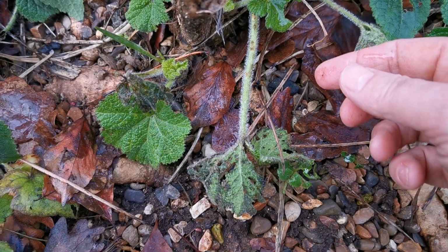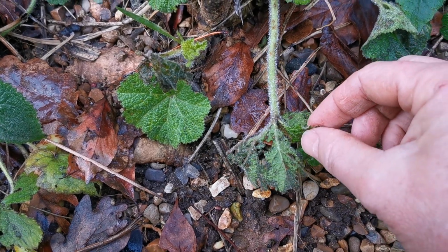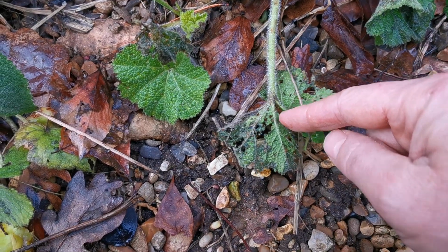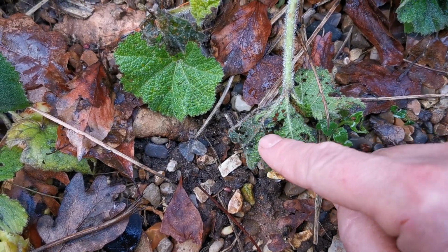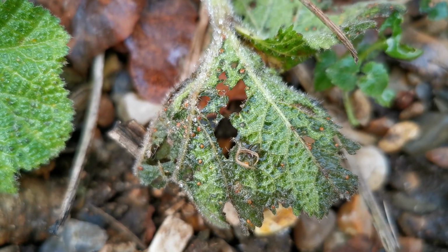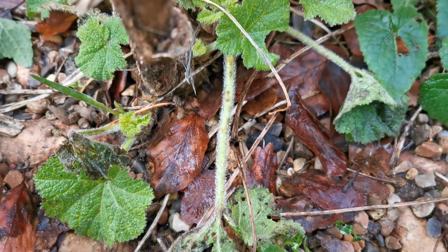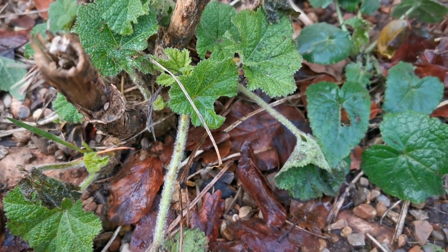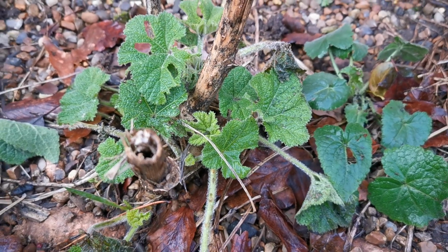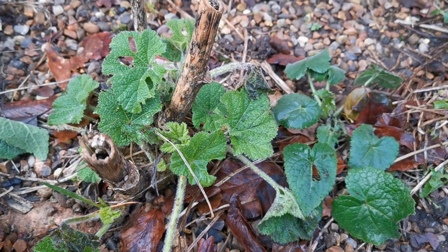But if we have a look down, we can also see some work that needs doing to try and reduce the amount of rust that affects these plants. You can see on this stem the remnants of rust and some spores around here. Let me see if I can get close in to show you what they look like. There you go, those little brown dots are rust disease, and what we want to do on this plant is try and tidy up this crown to remove as much of that infected material and just leave the healthy new growth to basically debulk those spores and try and prevent the onset of rust for as long as possible during